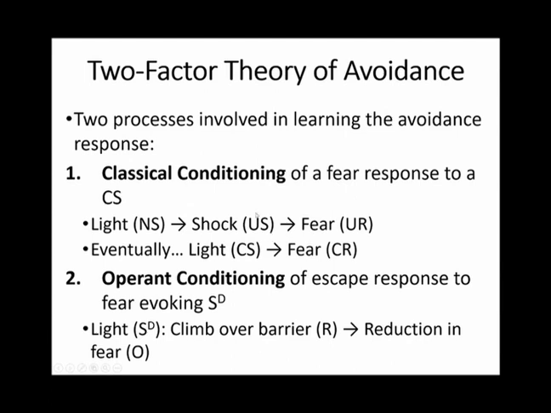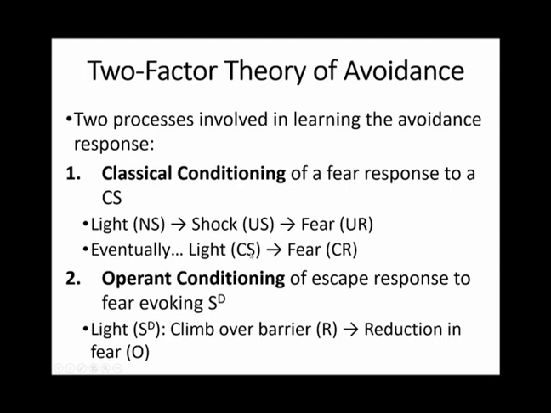And so that unconditioned stimulus, the one that they don't have to learn about, is going to cause a fear response, an unconditioned response, because the floor is uncomfortable, so they're going to be afraid and they're going to run to the other side of the cage. Eventually, as they acquire this classically conditioned relationship, that light becomes a conditioned stimulus